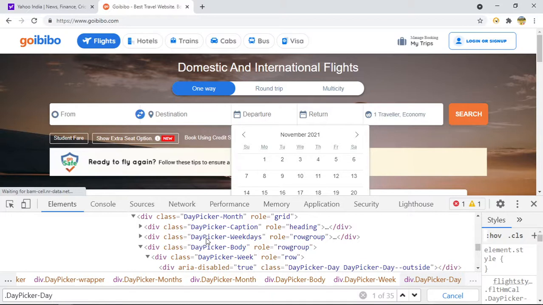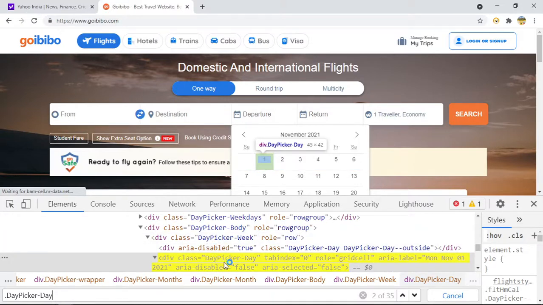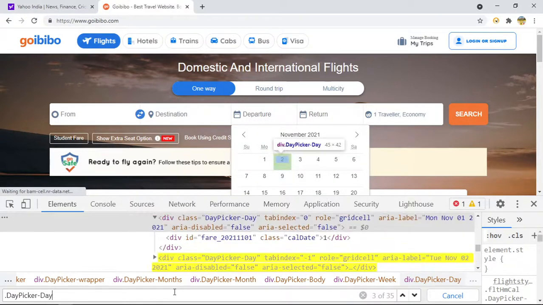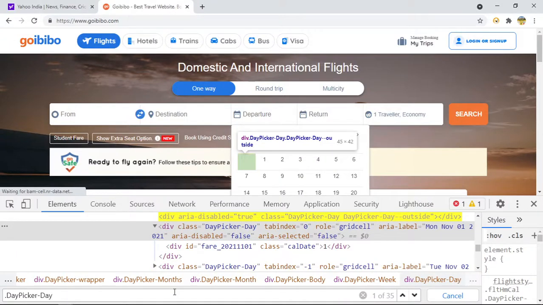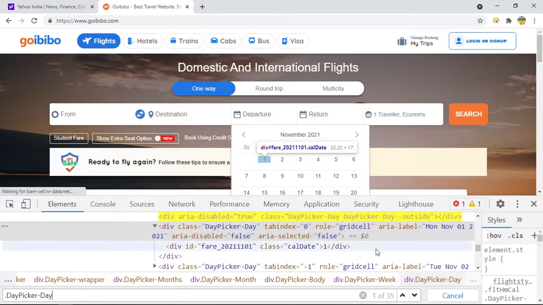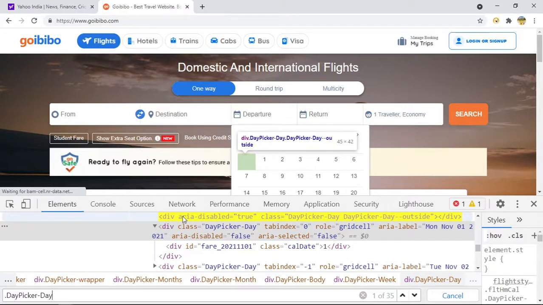But we do not want this one. I do not want to get this disabled date.